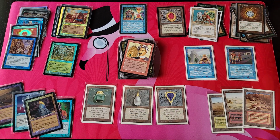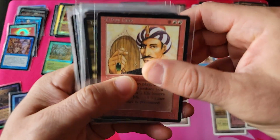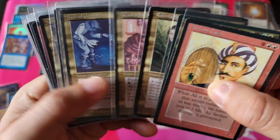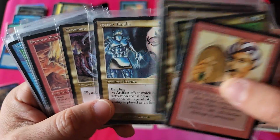Nothing, no like $1,000 Imperial Seal or anything crazy like that. And then we have a couple in the middle here that are actually just more of the Four Horsemen set. Not really much anything major, more smaller tier cards. But again, these have value now. Like these used to be $5, $10. Even nowadays, these are going to be probably between $30 to $100 a card, depending on condition and the quality